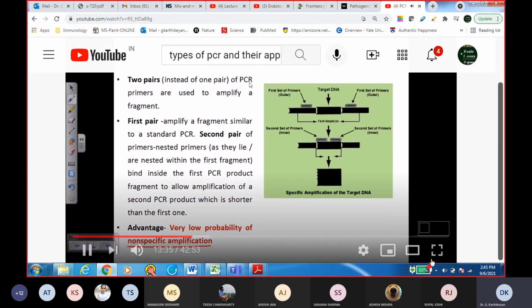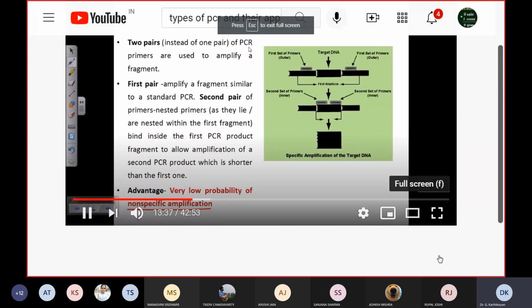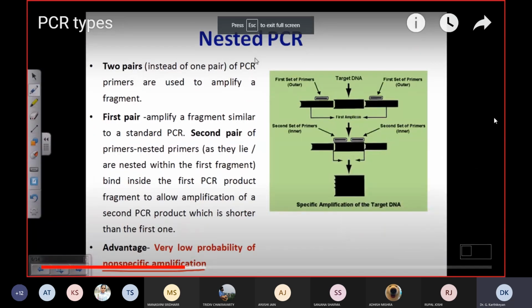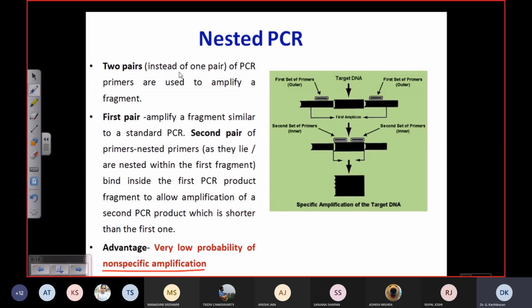Now, in this type of PCR we utilize more than one pair of primers, right? In conventional PCR we only use one pair of primers, but in this type we utilize more than one pair of primers. Okay. Now suppose we have two sets of primers in this case. Actually, we need two sets of primers, which are destined to bind with two different and separate regions in the DNA. First pair is utilized to amplify a fragment similar to